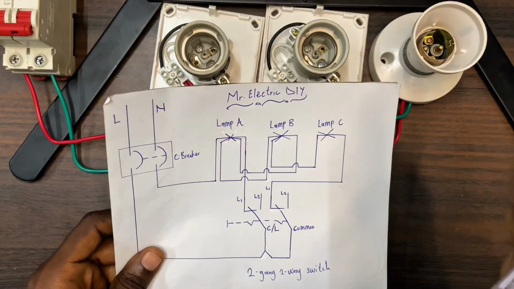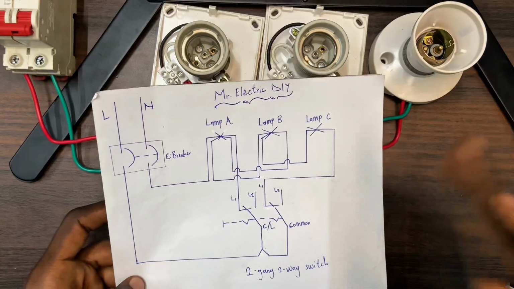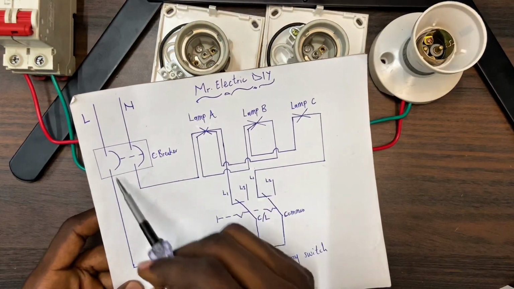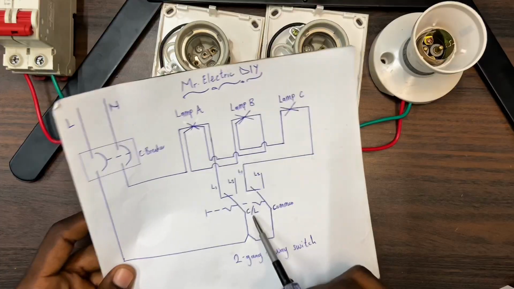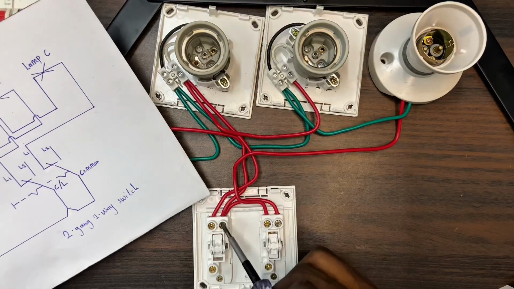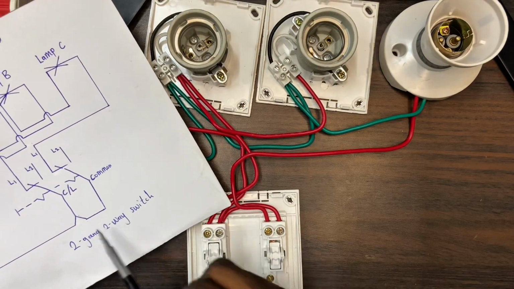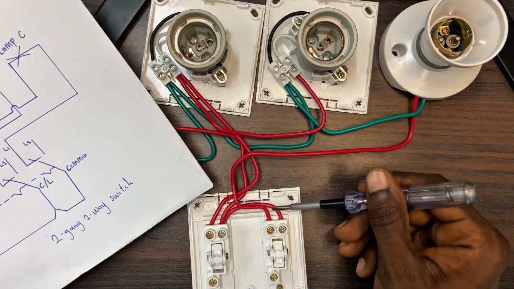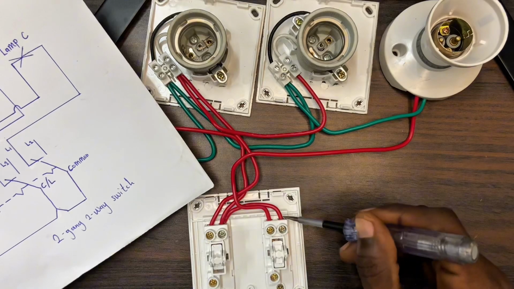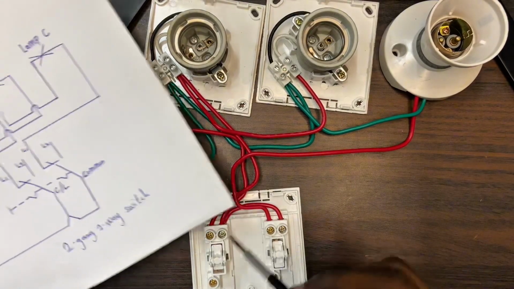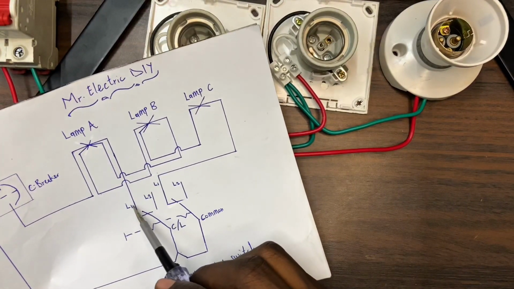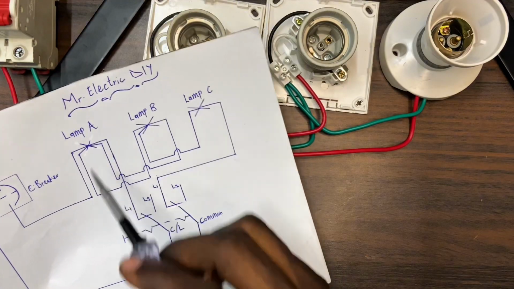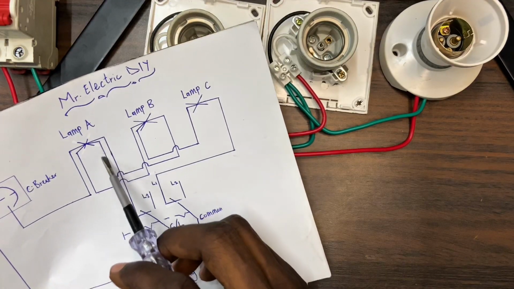All the things needed to be connected are connected successfully. The light coming all the way from the circuit breaker to the switch. We have common at this side, and then I use a piece of cable to loop the light from this side to this side. This is the cable from this side to this side, that is common. And a switch wire connected to L1 to lamp holder A, and then I loop the same switch wire to